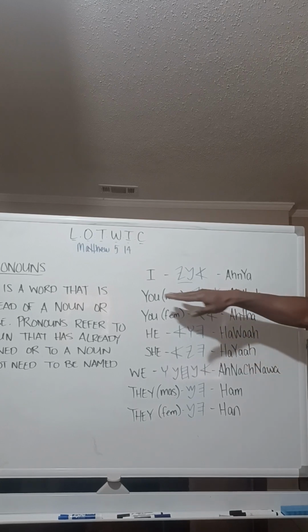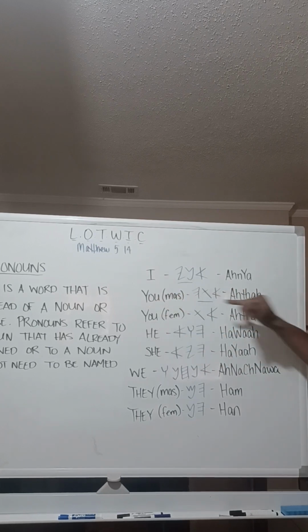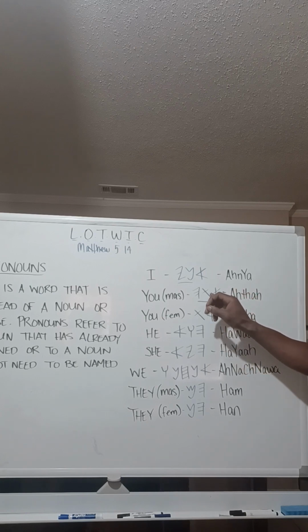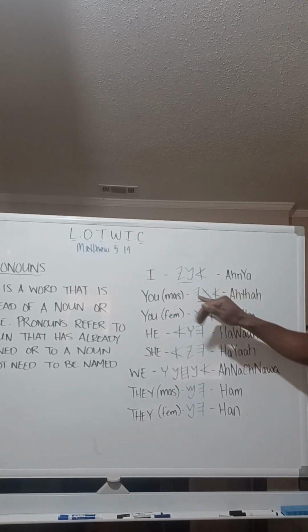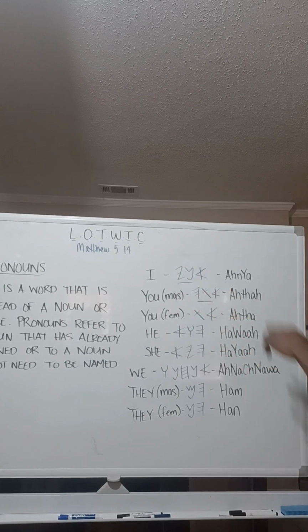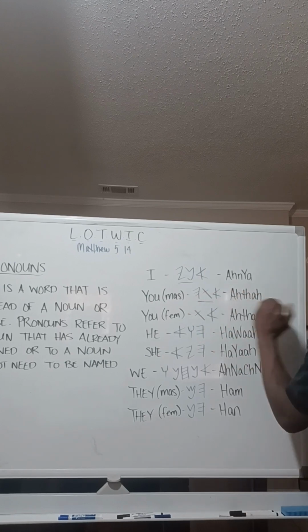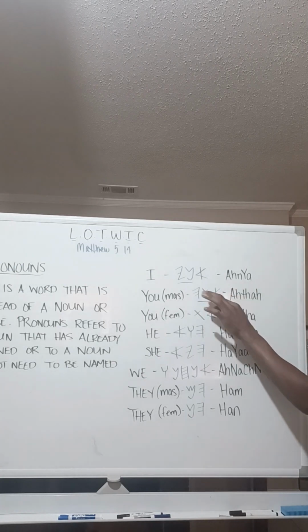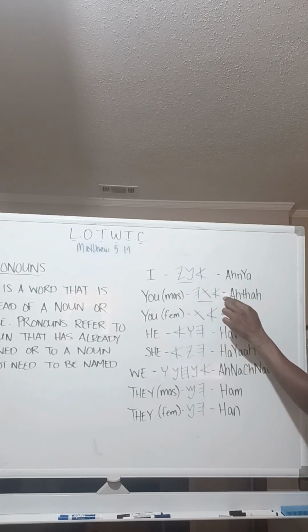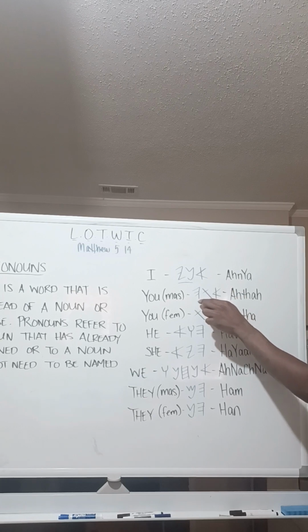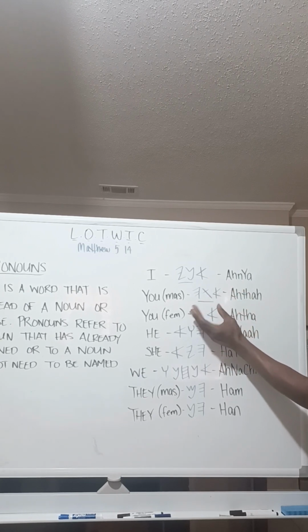And we move down to you. If I would say you, I would say atha. And again, this is how he writes it out in Hebrew. It's the X-looking symbol, letter, character, that's the tha. And he put the tha with another character, which is the ha. If he didn't have it together, it would be tha, ha. But he has it all together.